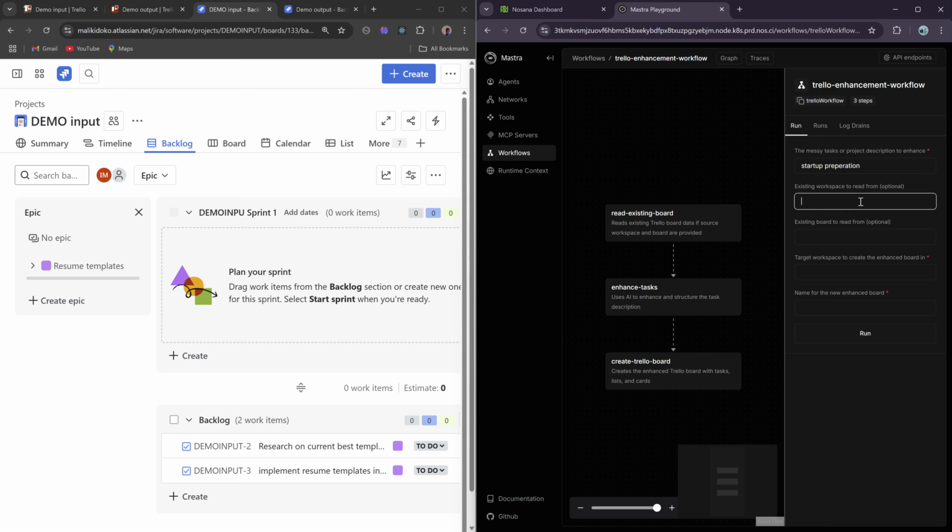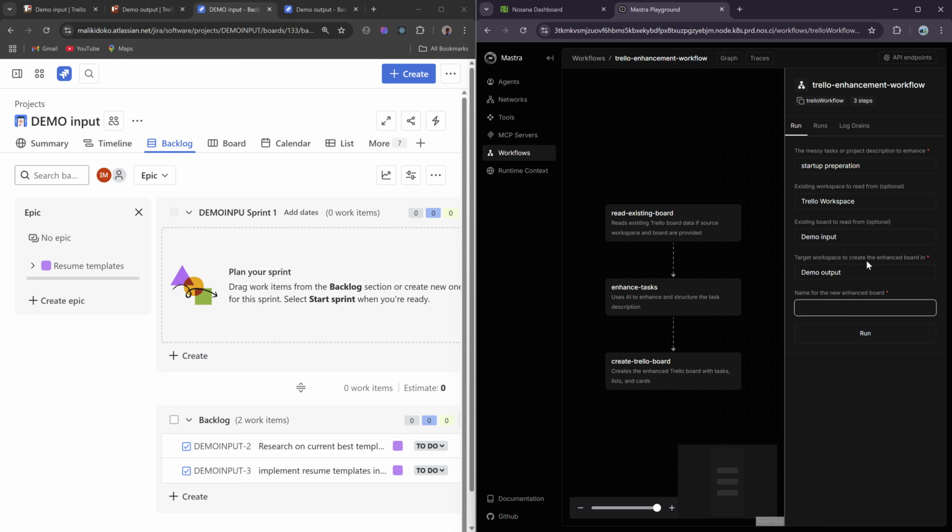And the existing workspace is the Trello workspace, since I actually want to be passing in a workspace, a board, so I have to give it a workspace. So then I have to pass in the board, right? In this case, it is demo input. Then target workspace in this case is demo output, and the name for the new enhanced board